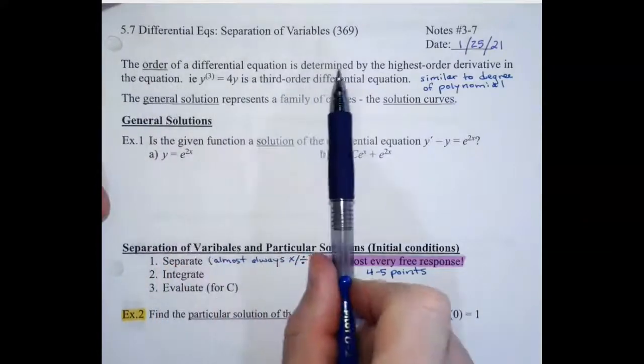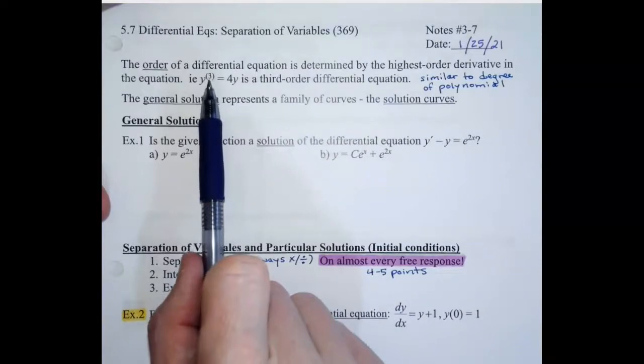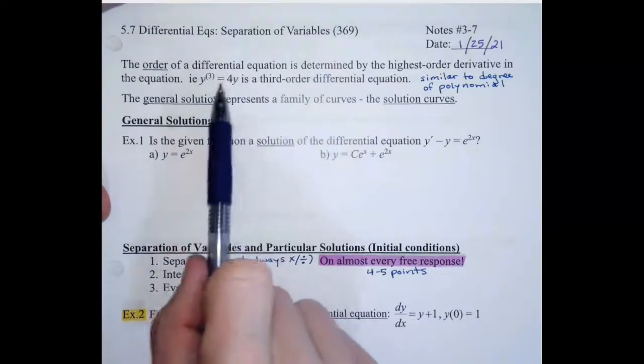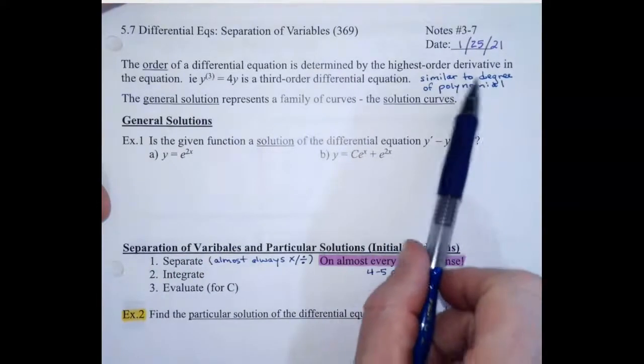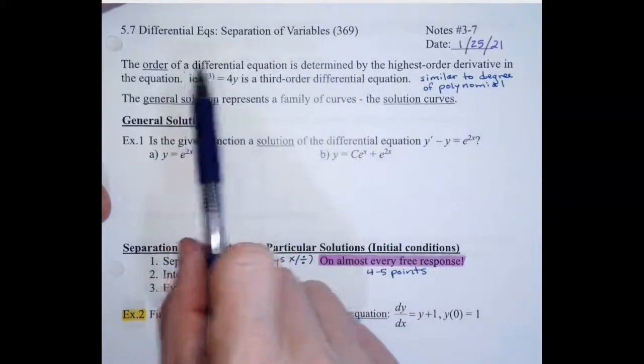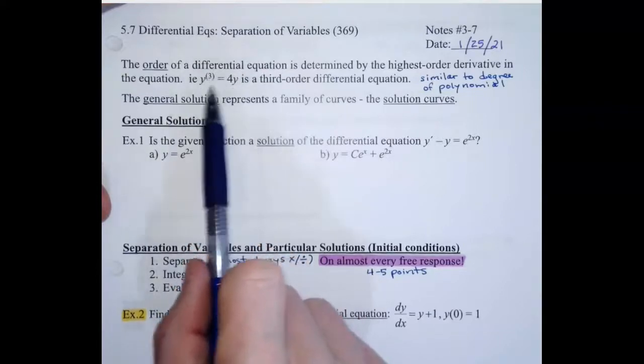The order of a differential equation is determined by the highest derivative in the equation. So this is the third derivative. So this is a third order differential equation. Kind of similar to the degree of a polynomial, which is the highest exponent. So the order of the differential equation is the highest derivative. This is the only derivative in this equation, but